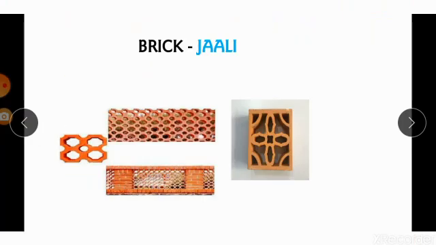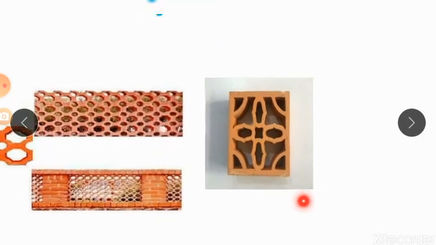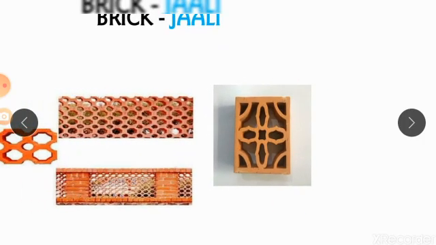And next, brick with a jolly. This is the jolly pattern. Haven't you seen jolly patterns anywhere? Yes, in your school, in your house, and in your grandma's house, especially in villages, they definitely construct the house with the help of this. Without this jolly they won't construct their houses. Nowadays this is called a window. Our houses now have iron windows, but this is a brick type of window.